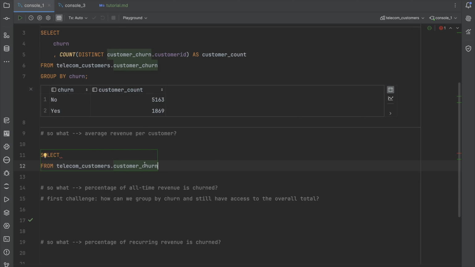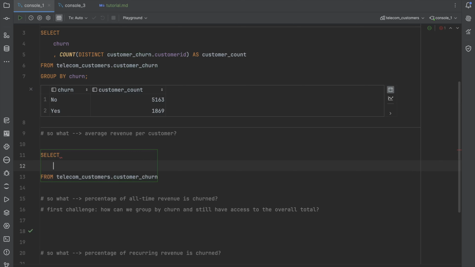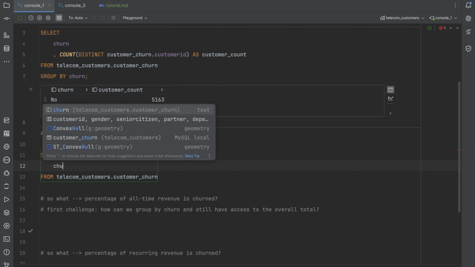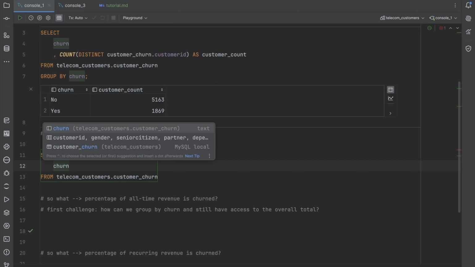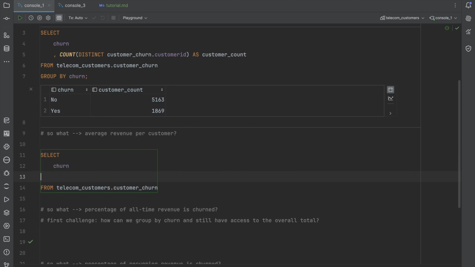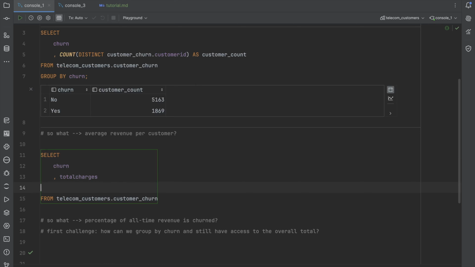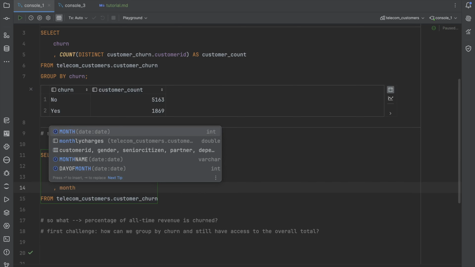That's our customer churn table. And what we can select this time is still the churn dimension. We still want to see our yes and no outcomes of if people churned. But now we want to also bring into the picture some of these revenue metrics. In the previous video, we did a little bit of eyeballing of the data that's available to us in this churn data set. And we noticed that there is a total charges column,